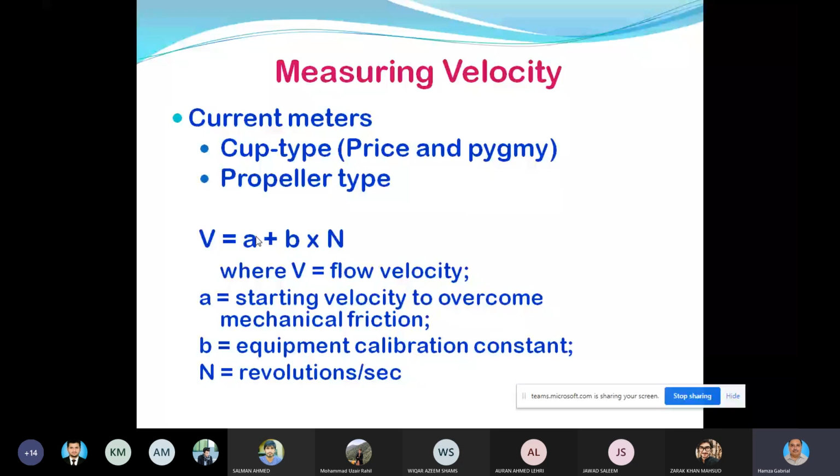This is given by the manufacturer of the current meter, and B is the equipment calibration constant. So ये इस्तेमाल हम करते हैं ताकि हम angular velocity से linear velocity निकाल सकें, and n are the revolutions per second. The values of A and B are given by the manufacturer, and all we have to do is to